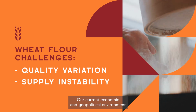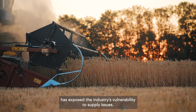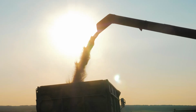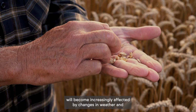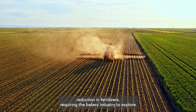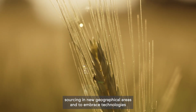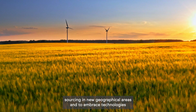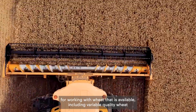Our current economic and geopolitical environment has exposed the industry's vulnerability to supply issues. In addition, experts believe wheat quality will become increasingly affected by changes in weather and reduction in fertilizers, requiring the bakery industry to explore sourcing in new geographical areas and to embrace technologies for working with wheat that is available,